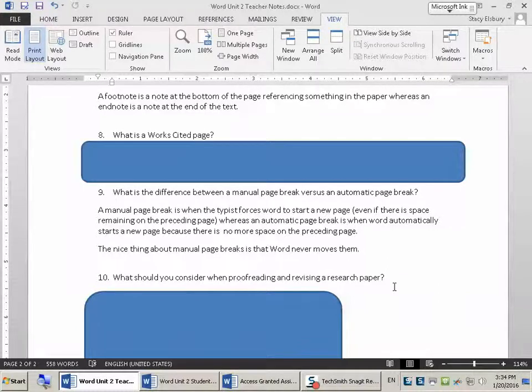So if you're ever dealing with very large documents, then you may want to consider doing manual page breaks, because if you go back and add information later, or if you're doing a document that's sort of a living, breathing document in that it's going to be changing, then manual page breaks will prevent you from having